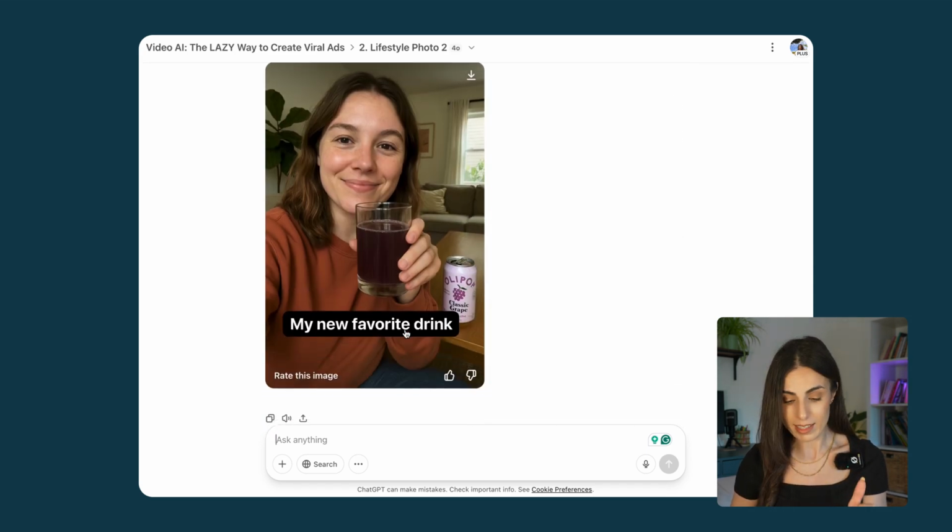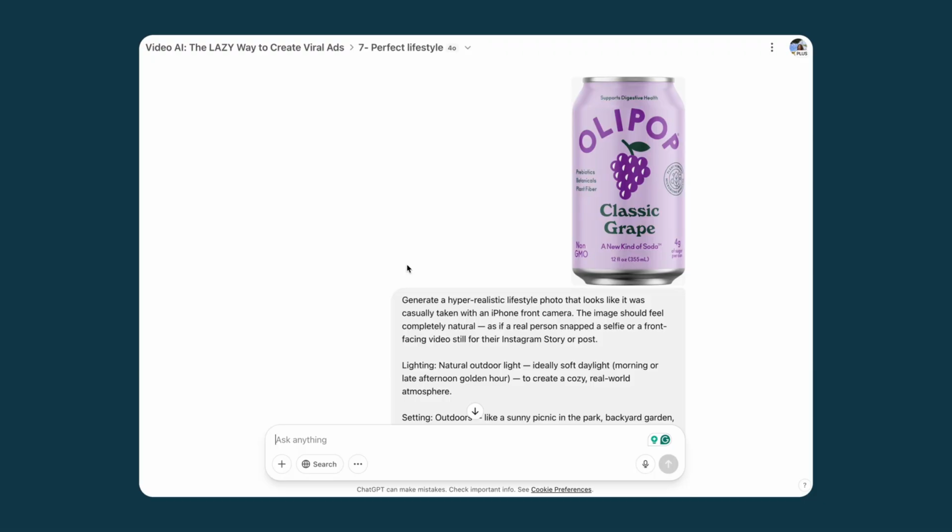It looks very realistic. The bottle is in place. I have the glass, I have the drink inside of it. I even have an Instagram type of text. Everything in here looks perfect in my opinion. And I was able to get this good result because my prompt was very good. So if you are not able to create good lifestyle photos for your products, most probably the problem is with your prompt. In this third example, I wanted to take things a little bit further by having a lifestyle